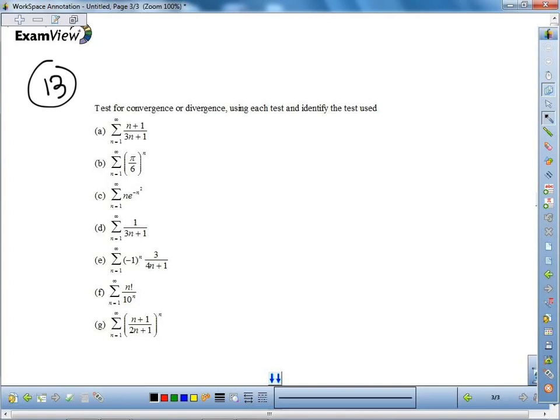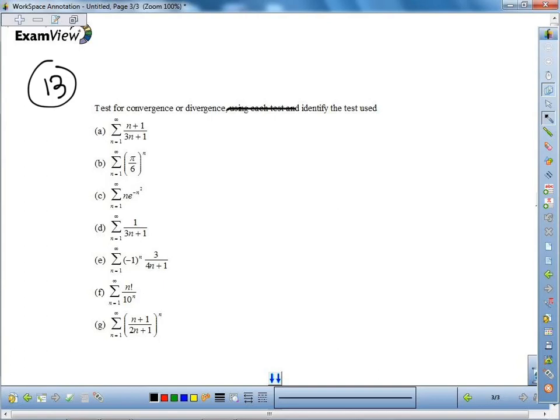For number 13, we're going to test for convergence or divergence using each test. Actually, we're not going to use each test. We're just going to identify the test. It doesn't matter which test we use. We just need to identify which of the tests we actually use. So for the first one,